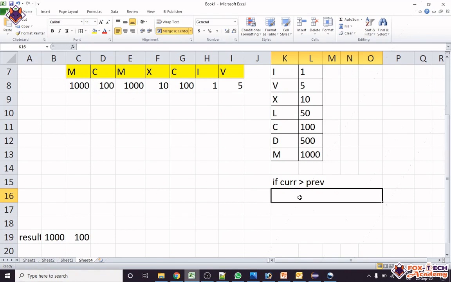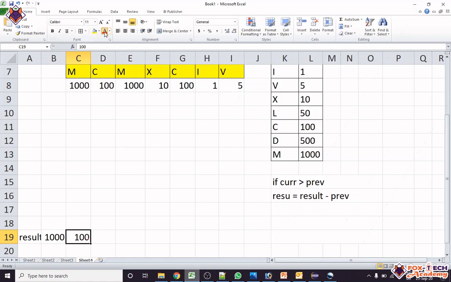So result is equal to result minus previous number. We had added 100 earlier in our result, so we have to subtract this 100. So this 100 is removed from here.